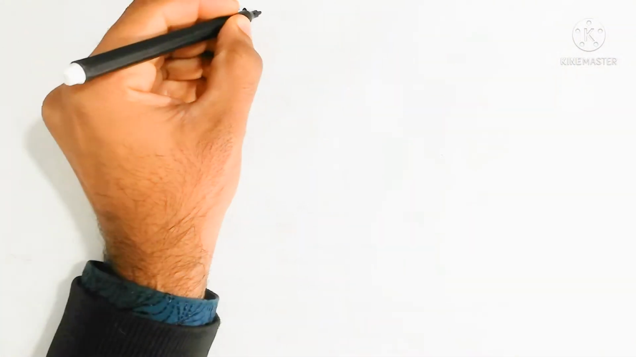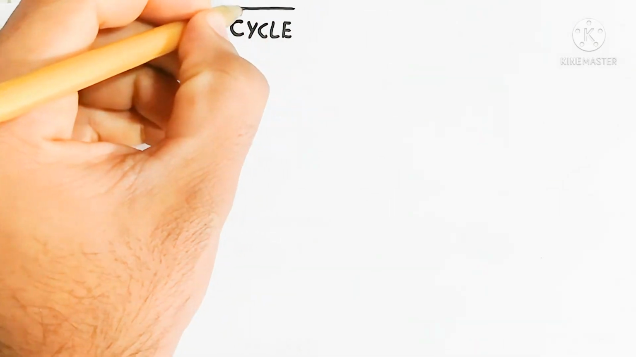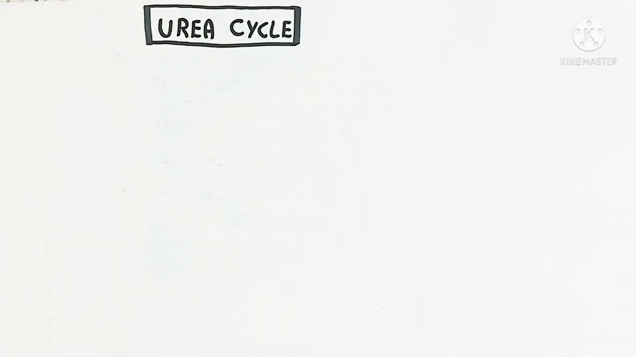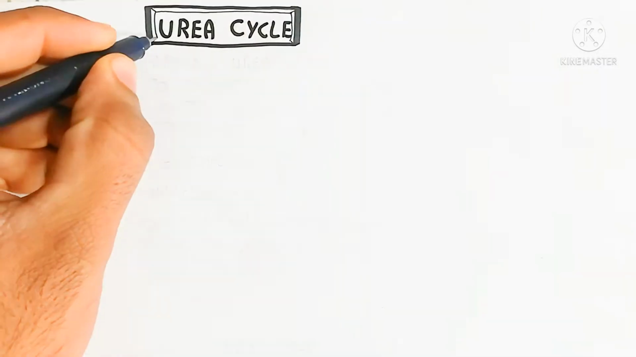Hello, in this video we will discuss the urea cycle. We will discuss the biochemistry of the urea cycle, and also an overview of it. What is that? In mammals, urea production is due to the terrestrial environment, where less water is required for excretion